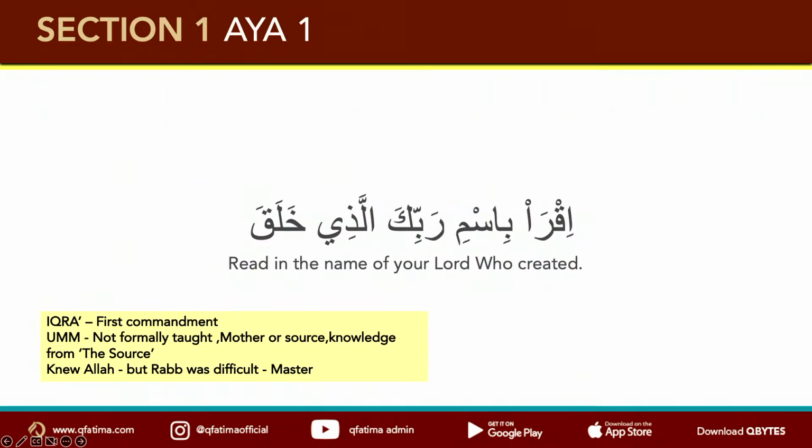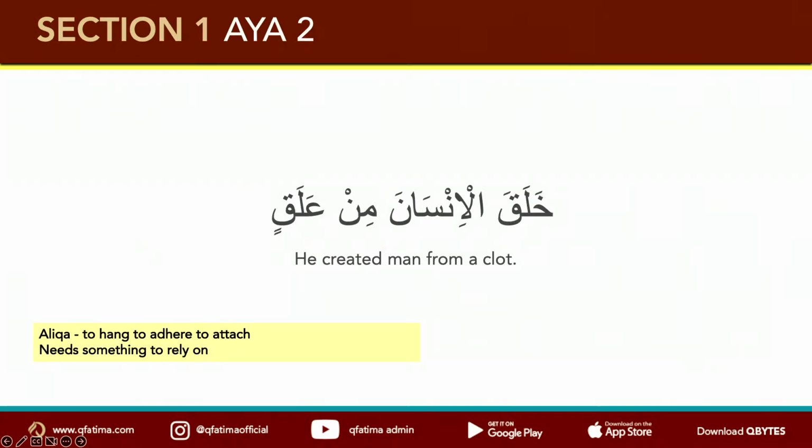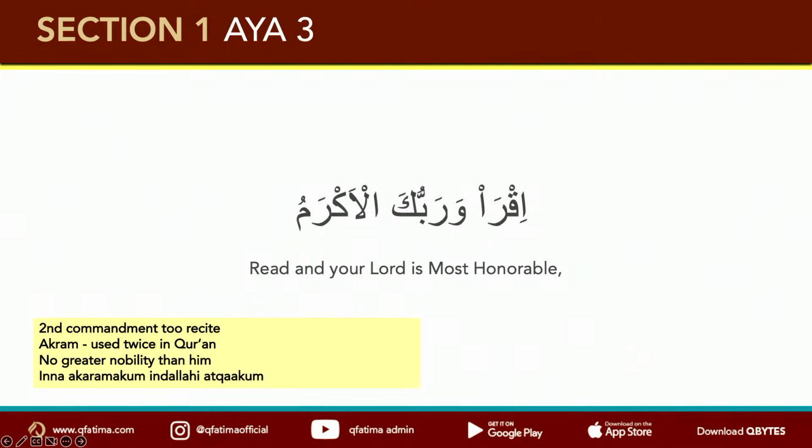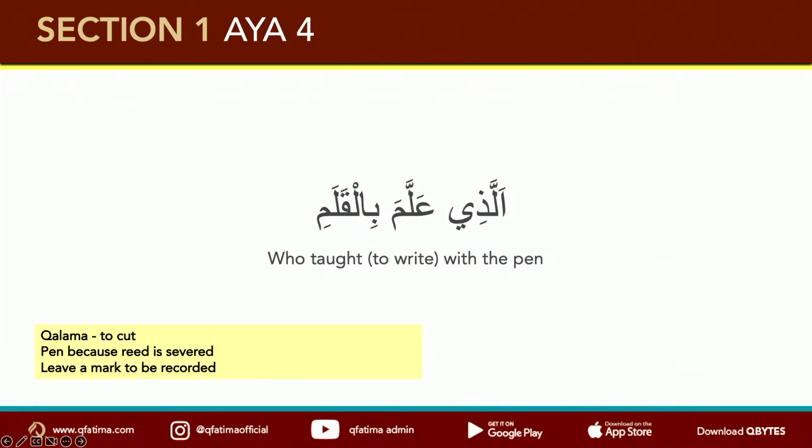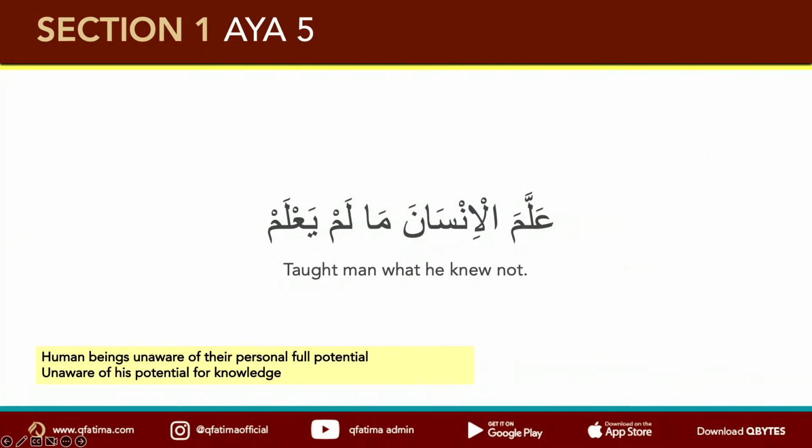There we go. So, Iqra, to be able to awaken intelligence, read. Read, internalize, understand, apply, and teach. Khalaqal insana min alaq, you all know that. If you don't attach yourself to Allah, it doesn't work. Read if you want honor. See, people who go to universities, if you went to Oxford and Cambridge and even came out with something that wasn't a first or a second, you can still say, I went to Oxford and Cambridge. There's a name tag attached to it, right? In the same way, he says, you want honor, attach yourself to my knowledge. Alladhi allama bil kalam, which you know, I talked about it. Allama al insana ma lam ya'lam.